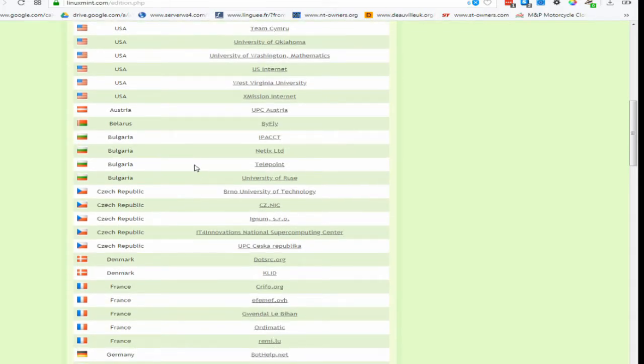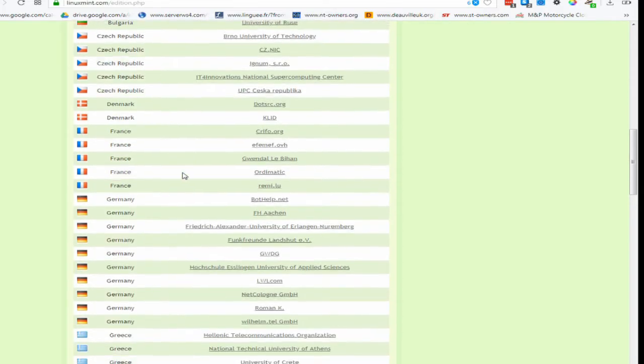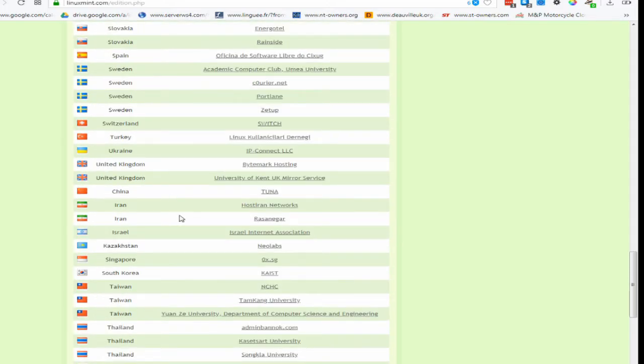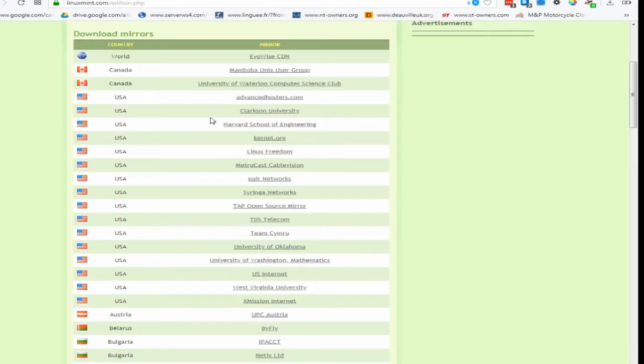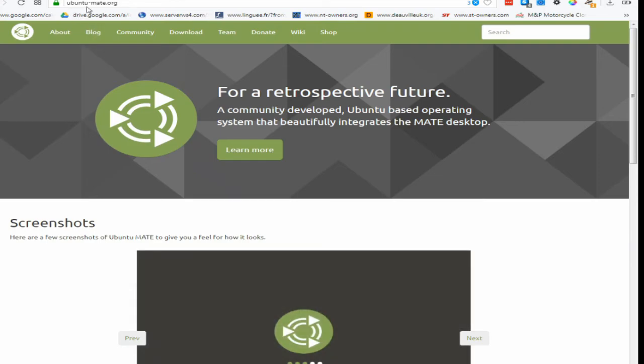For example, if you're in the United Kingdom, then you could click on the University of Kent. If you're in the USA, you've got a much larger choice here. All you need to do is click on that to download it. If you prefer Ubuntu-Mate, then the website for that is